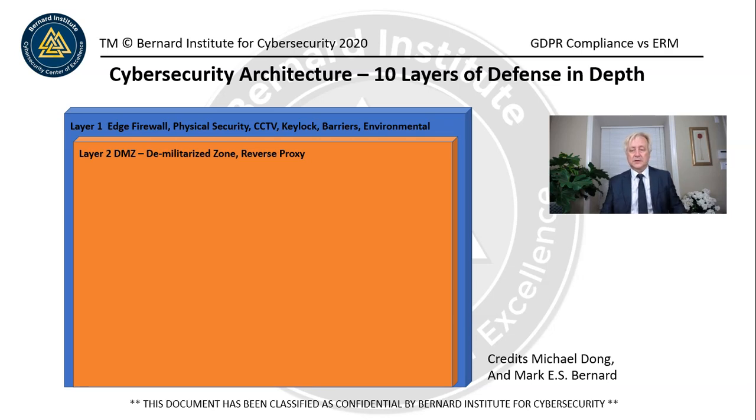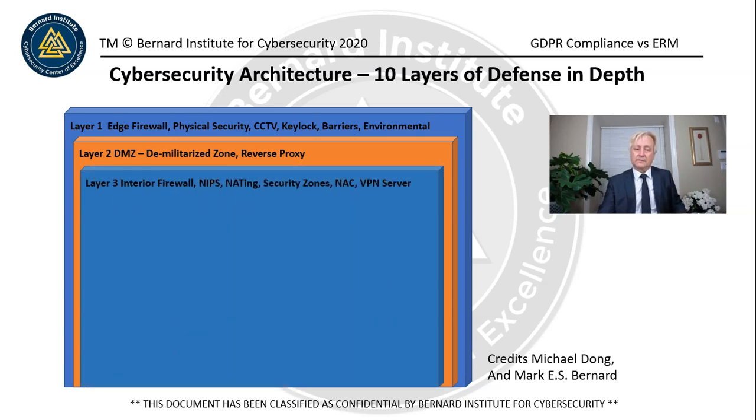The DMZ is a place where we might have transaction servers. There's a lot of things that can go on in the DMZ, but basically it's a lower level of security than the infrastructure. But it's important that we have, if you're a CISSP, a Certified Information System Security Professional, you know we have to have 2 layers before we get to the infrastructure. We have to have 2 firewalls. So we have the edge firewall, and then we have the interior firewall.